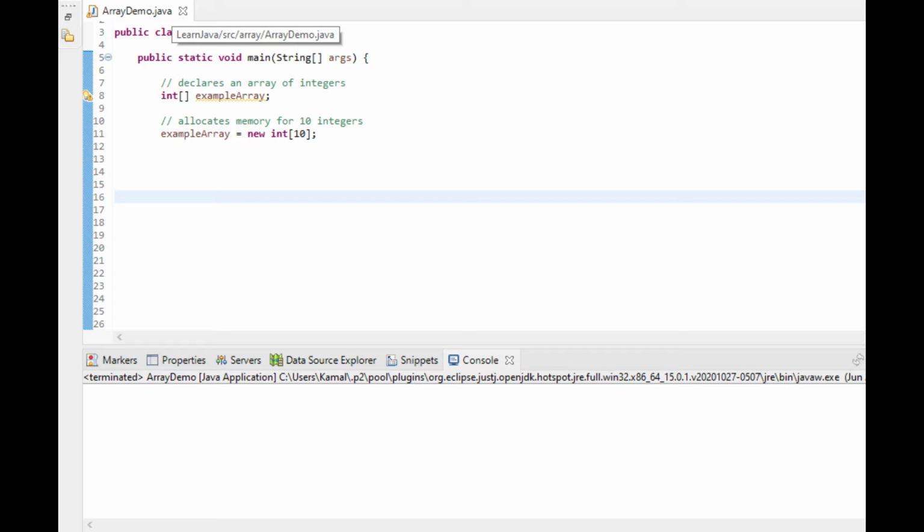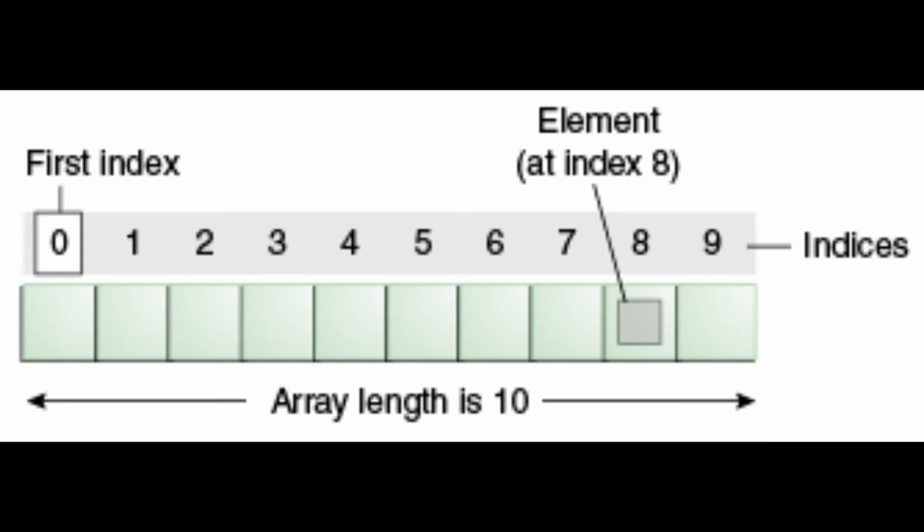Just remember this syntax for now to define the length, because we are going to learn classes and objects concept in detail in the next video. Okay, then how to put values in this container we just defined? One more thing, each value in an array is called an element. To access array elements, we are provided indexes starting from 0. As the length of the array is 10, we can access elements from index 0 to 9.